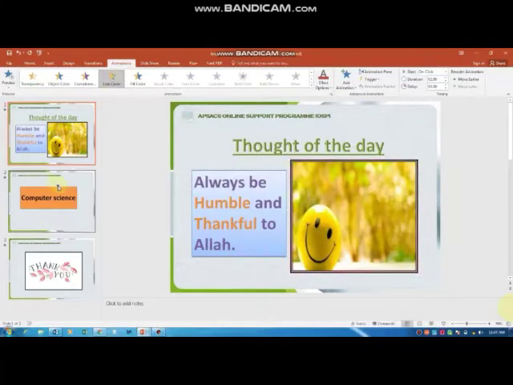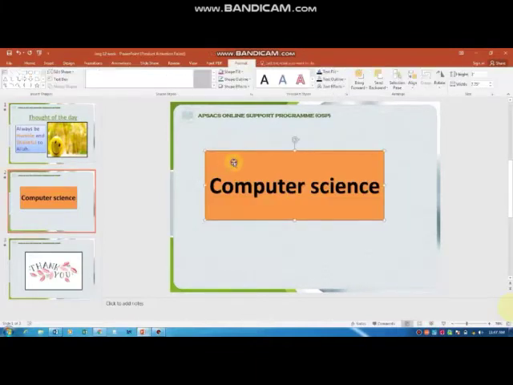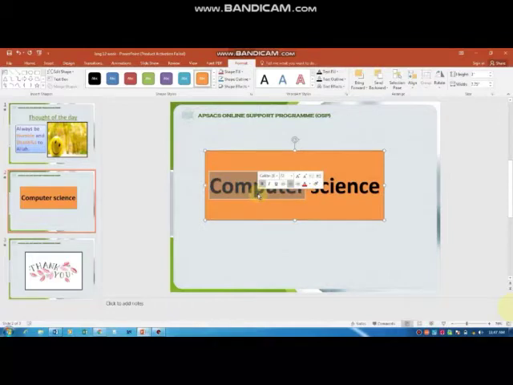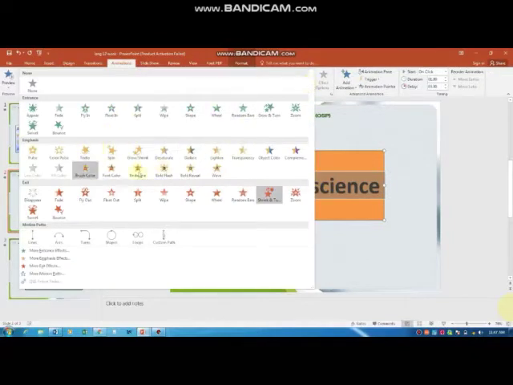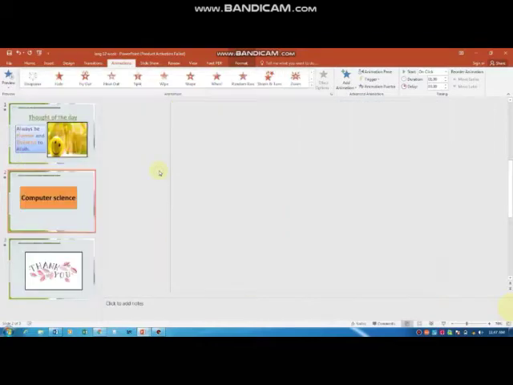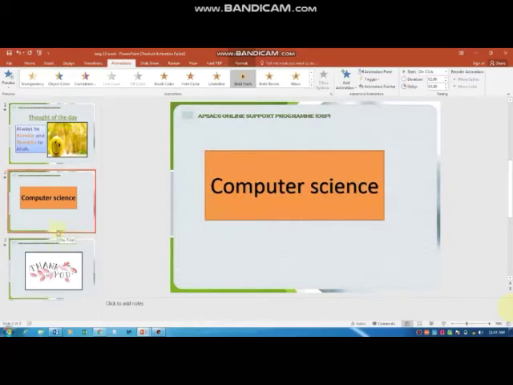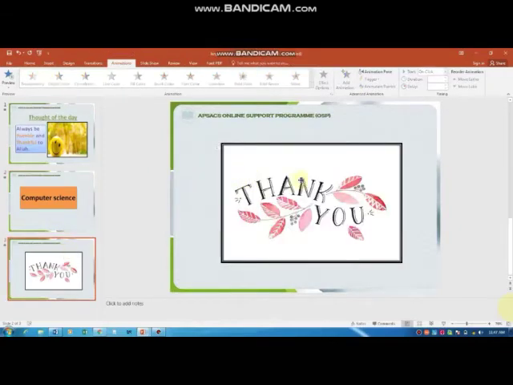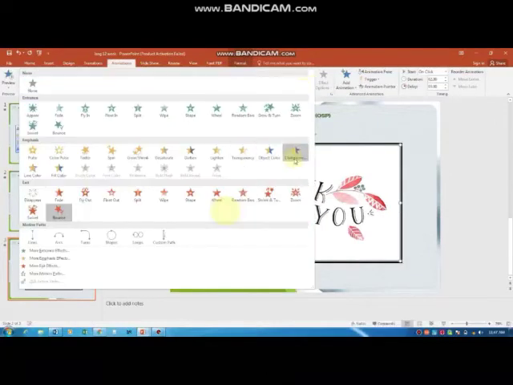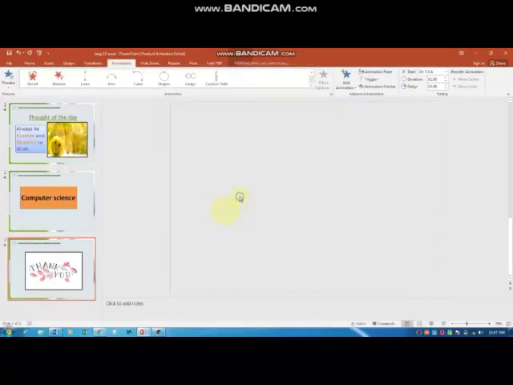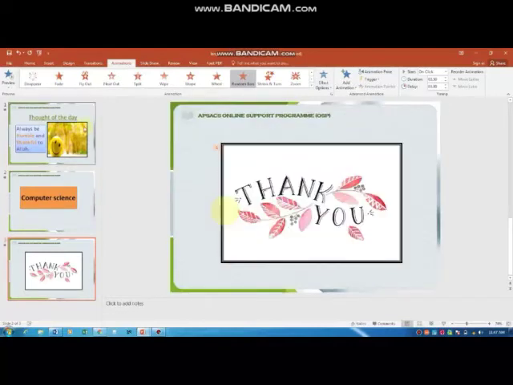any of them. Now on the second slide, I want animation. Select again. Go to the animations tab. You can choose the drop down arrow to see more animation effects. Select any of them. Now the last slide. On my last slide, I will need a last animation. For the last slide, I am selecting this one. So this way we can add animations to our slides.